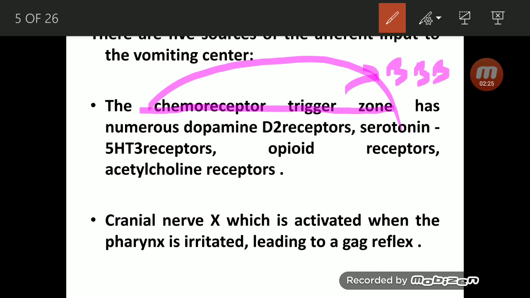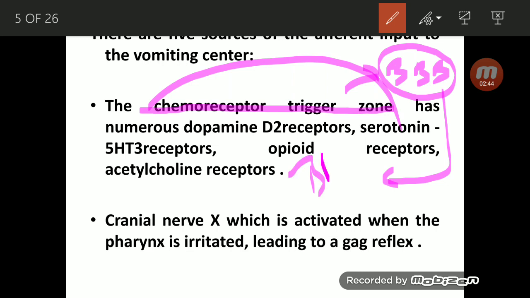Your brain is protected by a blood brain barrier, but this chemoreceptor trigger zone is present outside it. So it is activated by compounds, drugs or toxic substances present in your blood. It will monitor your blood as well as your cerebrospinal fluid